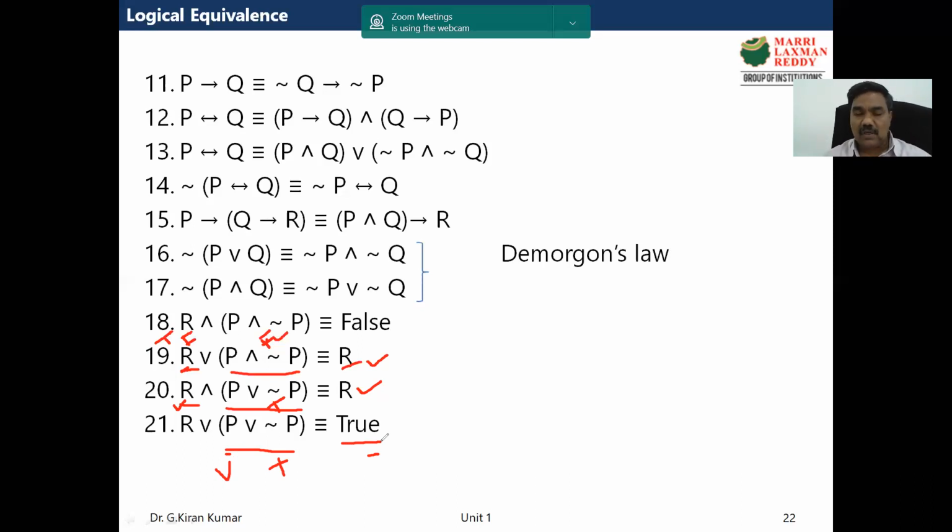You must be very thorough so that you feel comfortable when we discuss the topic called logical inference. Under logical inference, we have 5 methods: one is the standard method, then the direct method using CP, the indirect method, the automatic theorem proving method, and so on. In all these 5 methods, we'll be using all these logical equivalences. So I direct and inform each and every student: please go through this video before you study logical inference and normal forms. Thank you.